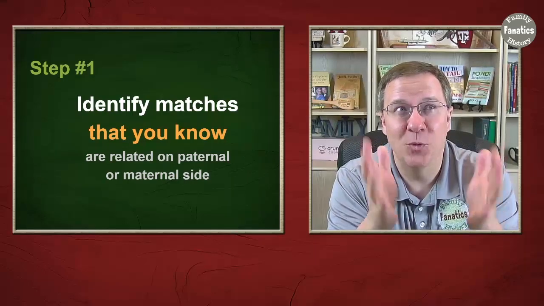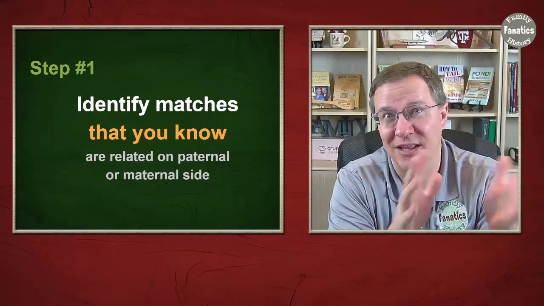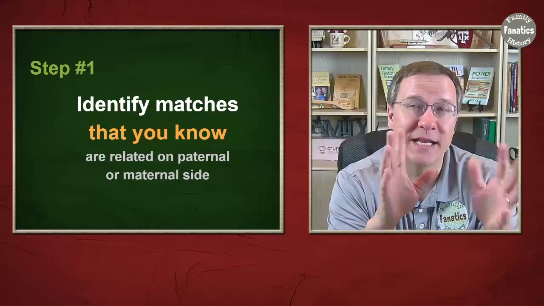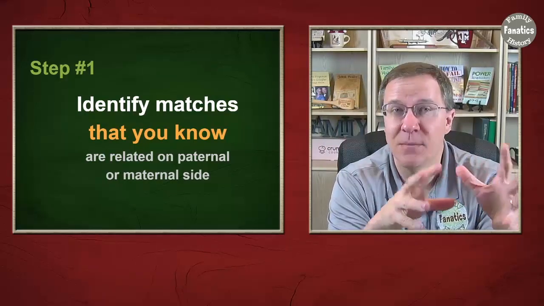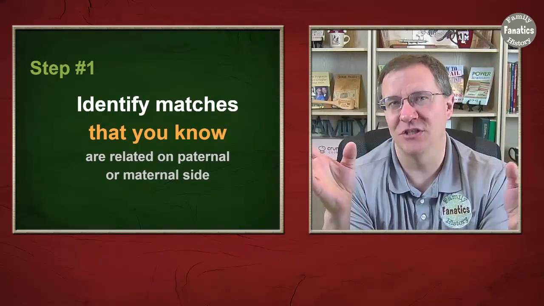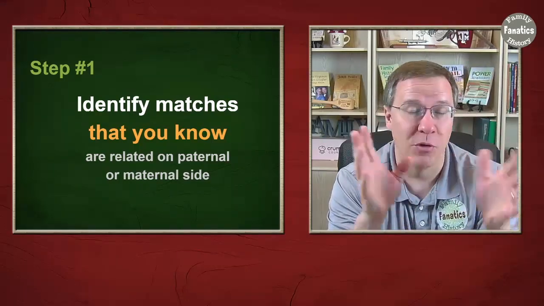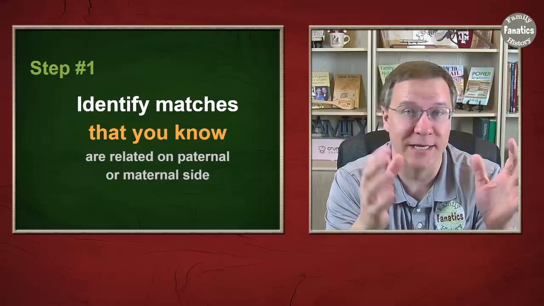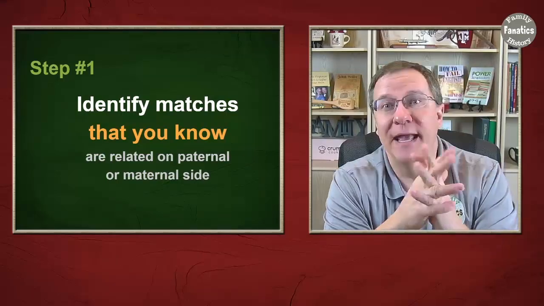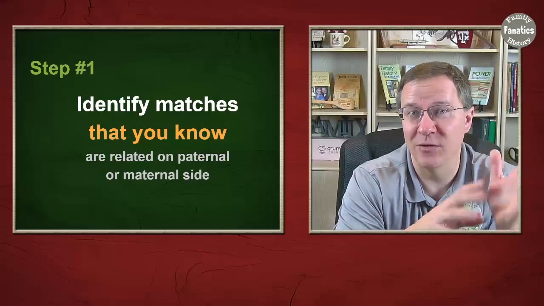But you want to try to identify anybody that you know of how you're related and which side of the family it's on. Now, in some cases, this may not necessarily be by knowing a specific person, but if you know that your family came from very different locations. For instance, let's say that your mom, you don't know who she is, but you know because you were born in Ohio that your mom was from Ohio, or at least lived in Ohio for a long time. Any matches that you see that are related to Ohio, there's a chance that they are related on your mom's side.